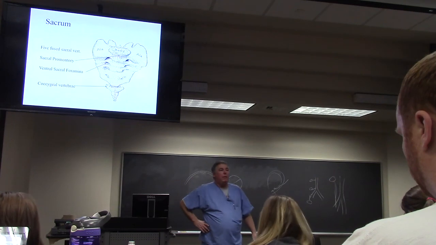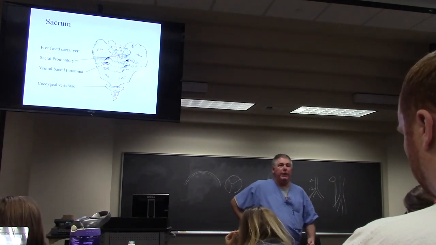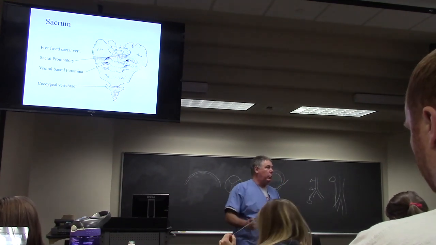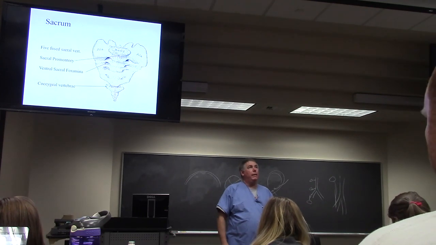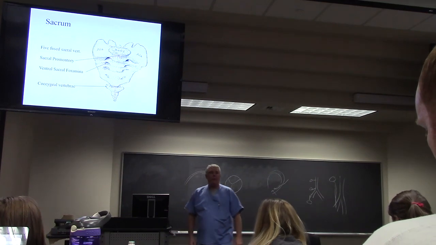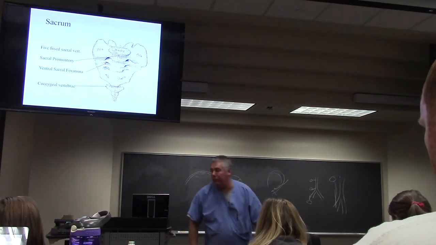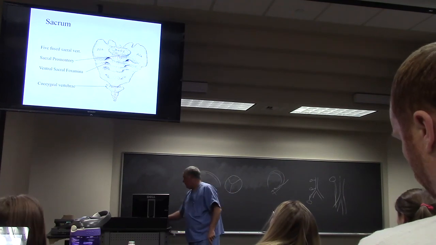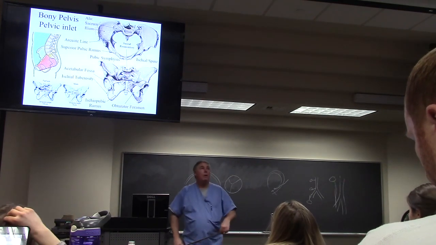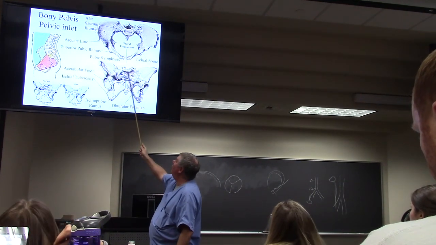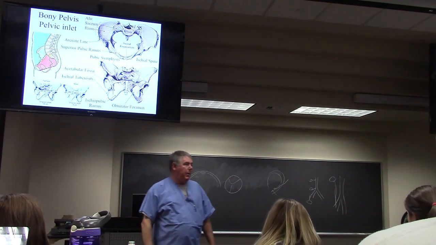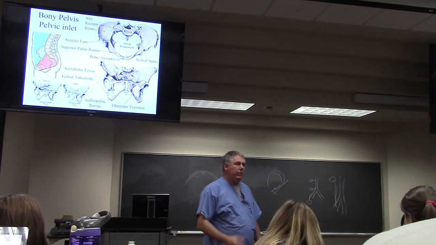The sacrum, we probably beat this horse to death, haven't we? The ventral primary rami and dorsal primary rami come out of these ventral and dorsal sacral foramina. And there you go. One thing about this that is important is the sacral promontory. If you look at the pelvis itself, this is the sacral promontory right there. It's S1. When you do a pelvic exam, especially if you're dealing with pregnancy,